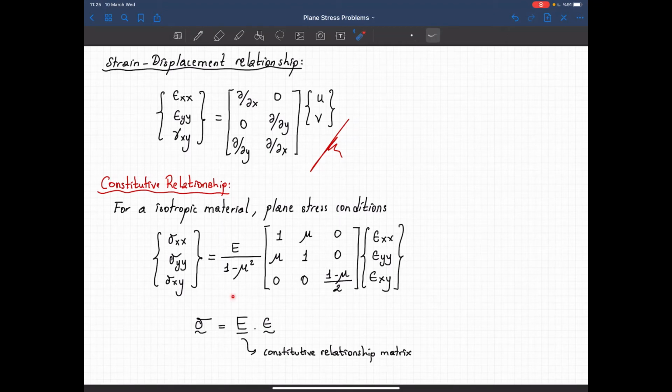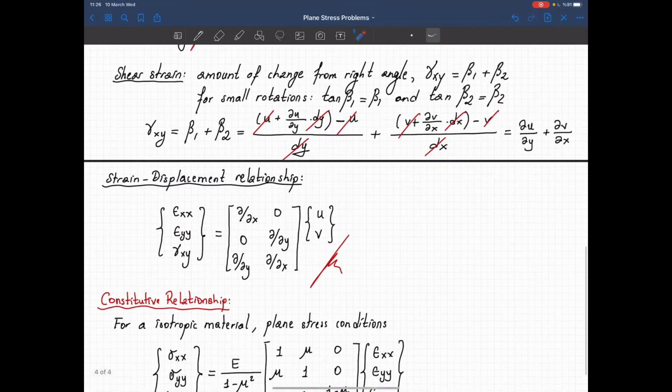So how did we obtain this relationship? You use the generalized Hooke's law for 3D, and then you write down the following condition: sigma zz should be equal to 0, and then relate these stresses with the strains, and you end up with the following relationship. So before going into the energy calculation, let's repeat